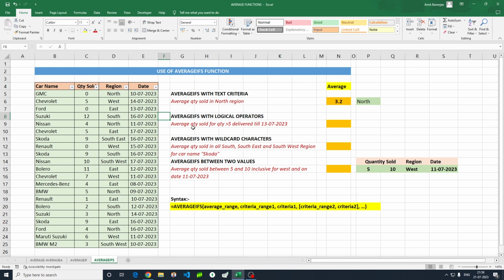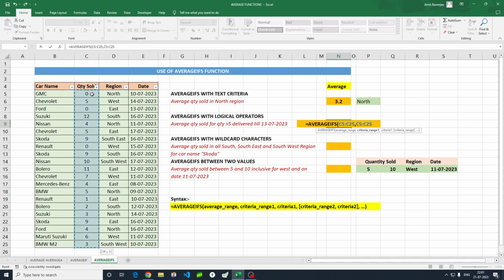Here I have to find the average quantity sold for quantity greater than 5 delivered till 13/7/2023. Equals to AVERAGEIFS. The average range will be this. Criteria 1 range will be again this column. Criteria 1 will be greater than 5, and